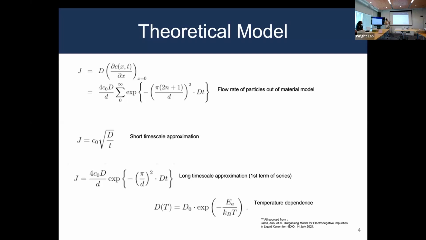And we can approximate this large expanded series down to things that operate within a short time scale. So for certain materials that outgas in a shorter time scale, we can approximate it down to a function that looks like this, with a root over t kind of form, or for things that off-gas on a longer time scale, we can use more terms of the series, specifically the first term.